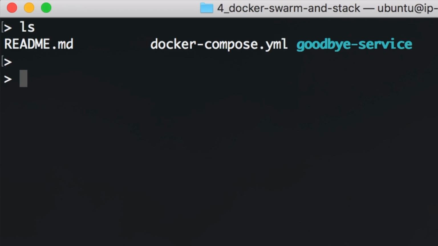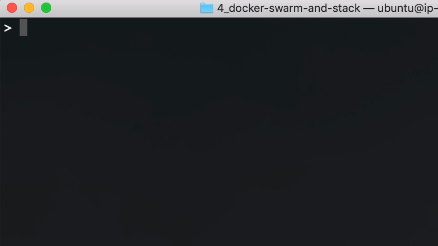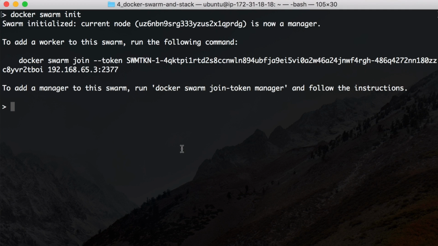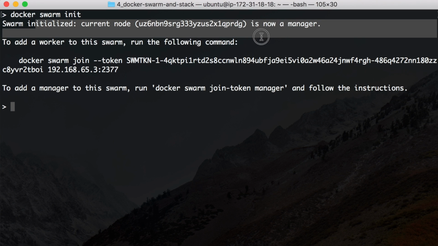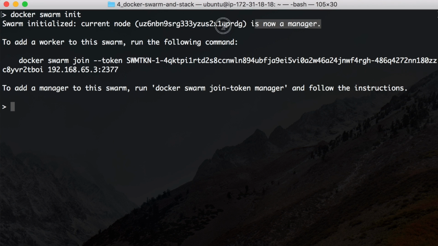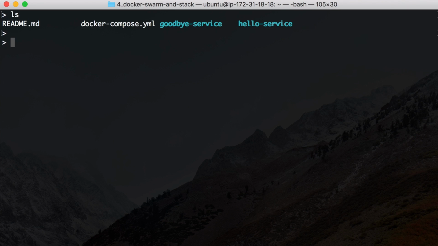Okay, then let's get started with Docker Swarm. We can initialize a swarm with the command docker swarm init. And then you see that this machine is now a manager, which means it can manage the swarm. It can tell other workers of the swarm that they should have more load or less load. Basically, when you initialize the swarm, it becomes a manager. Other machines can join the swarm with this command, but now we're just gonna use one instance, which will not make sense in a production environment because you don't get the scalability and stability with this,